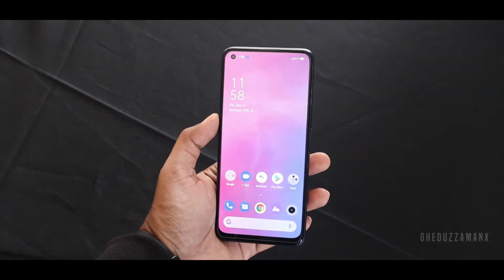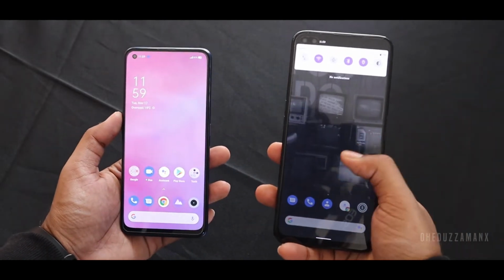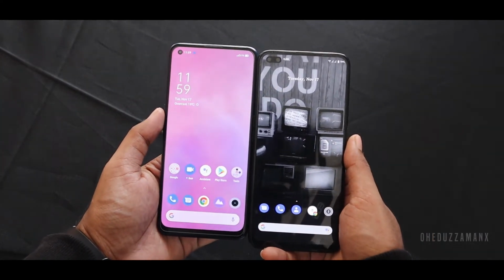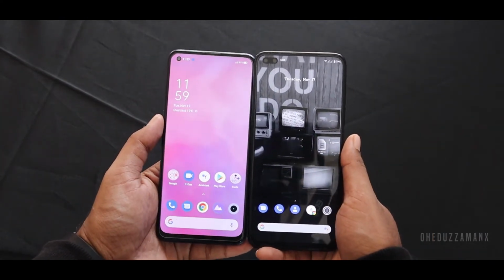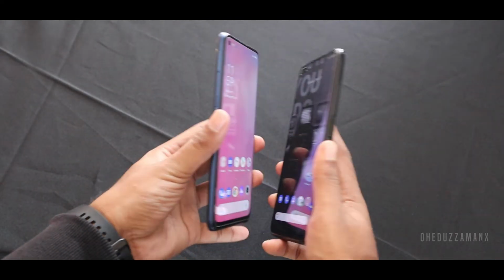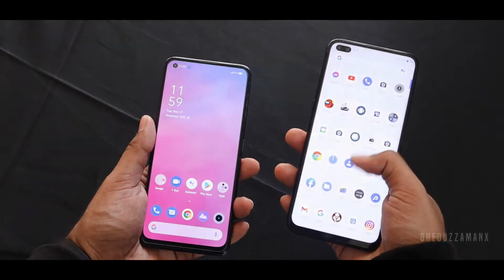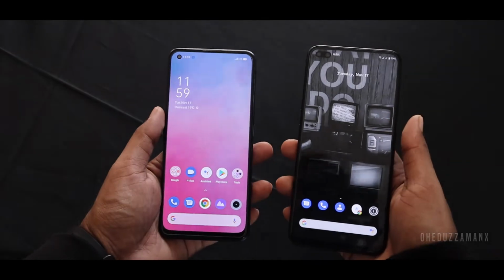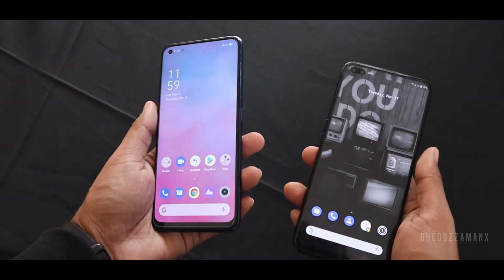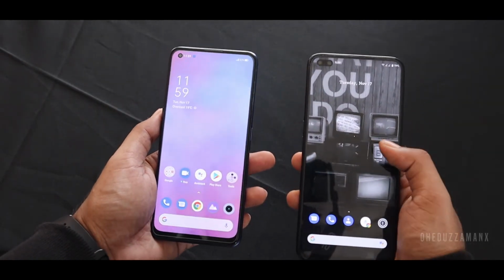If you compare the design with the previous generation Realme 6 Pro, you don't find that much upgraded. The display is slightly smaller, though it's just a number, but you can literally feel the difference. Because of this slightly smaller size, it feels good on the hand compared to the Realme 6 Pro, because I am using Realme 6 Pro as my daily driver, and I really say that Realme 7 Pro feels good compared to it,